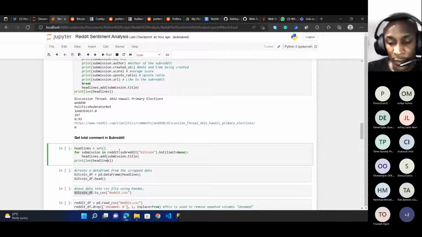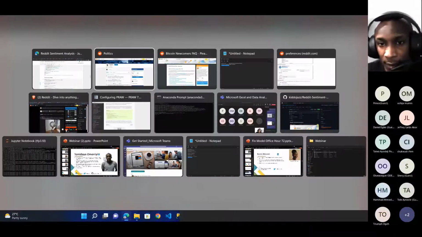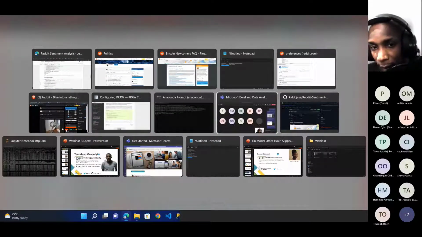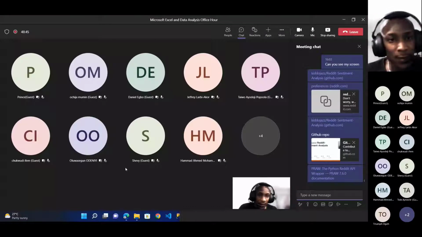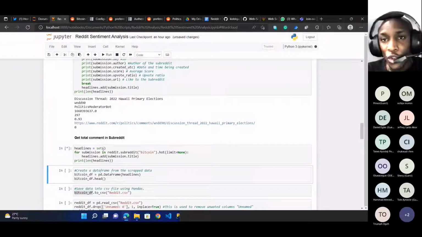So I created another function. If I just press shift enter, this might take a little bit of time to run. So let me just check the comment section. Any questions so far, guys? Okay, no questions. I assume everyone is getting it. Cool. So it's going to take a little bit of time to run. If you're just joining,